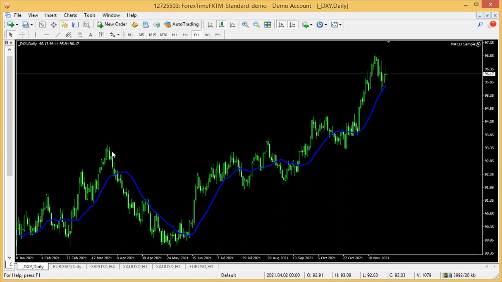So when the candles start coming close to the moving average, it means that the buyers are getting weaker and the sellers are about to take over, until the market will now cross below. Look at what happened. It crossed and went up. Now it's crossing. You can see the more the candles are coming closer, the more the buyers are getting weaker and the sellers are